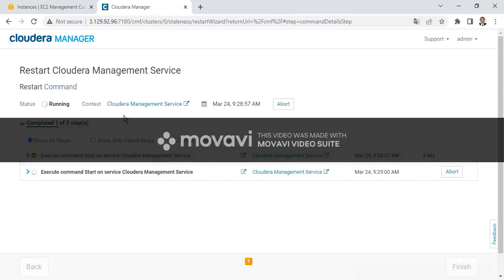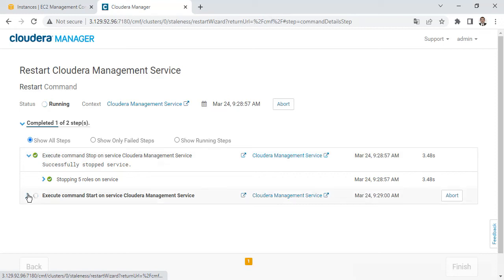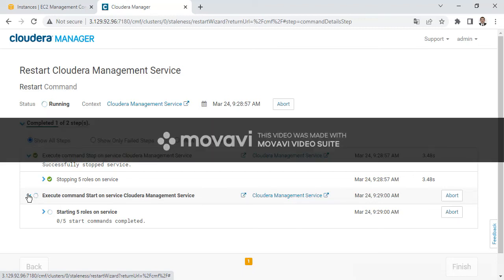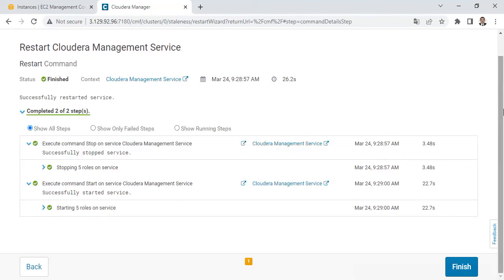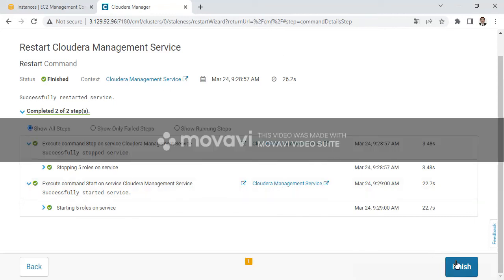Restart Cloudera management service. Yes, it is completed. Now finish it,